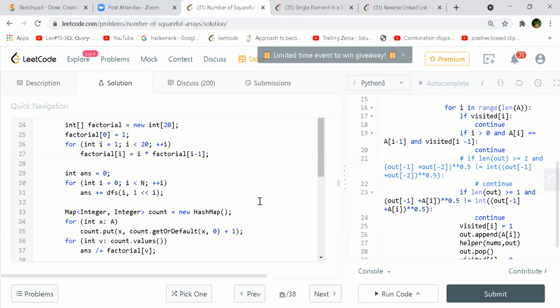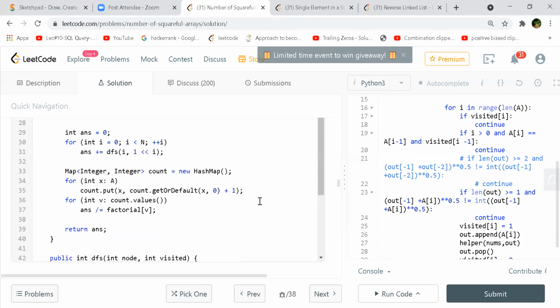So V is the count of the values. If you open the line where answer is equal to, yes, this line 37. Because he has not accounted for repetitions, in the end he is basically removing the duplicates.